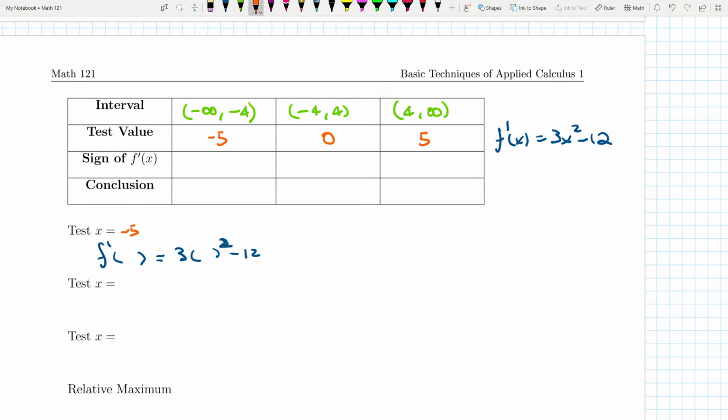So evaluating at -5, we're going to get the following. -5 squared is going to be 25, 3 times 25 minus 12. Well, in this case, this will be 75 minus 12,